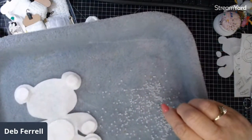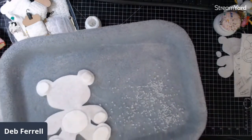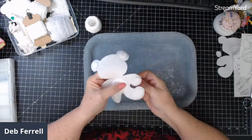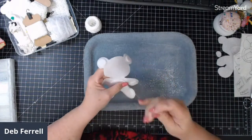They don't all turn facing up, but most of the time they're facing up. So you can just poke down, pick up your bead. So that works really well. So what I'm going to do is put a line of beads around the outside edge